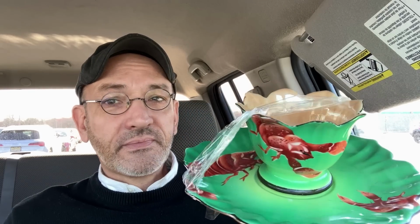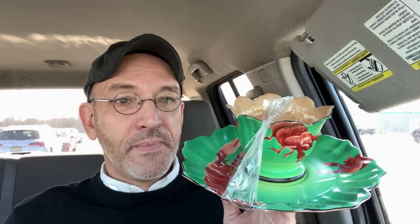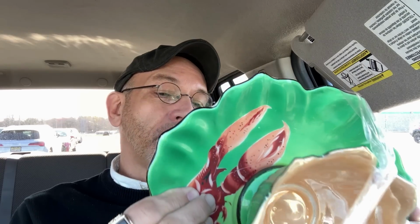Now, I almost flipped my lid when I found this. Even though it's got damage, I bought it anyway, which is somewhat unusual for me, to see damage and then to go ahead and buy something with the damage. When am I ever going to find another lobster-themed lusterware set? Ooh. It's got the Made in Japan mark on the back. I would love to try to get...